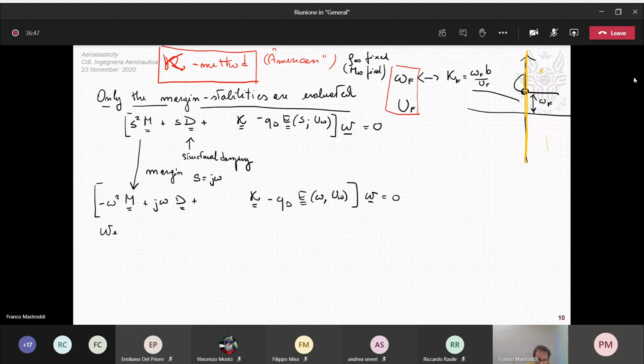In order to implement this iterative process, we introduce an artificial parameter. Artificial means it does not exist. So this parameter will be cancelled at the end of the iterative procedure. So an artificial parameter